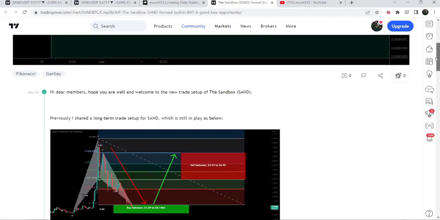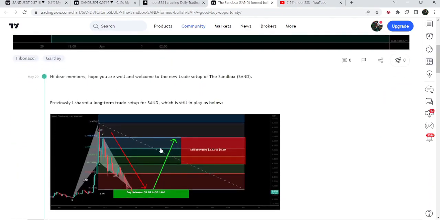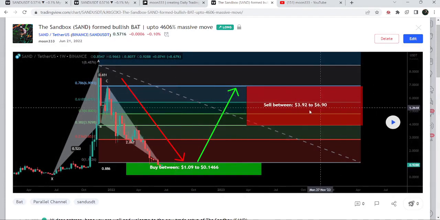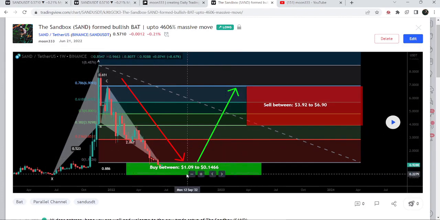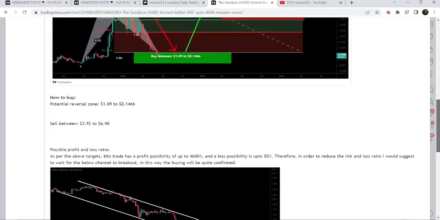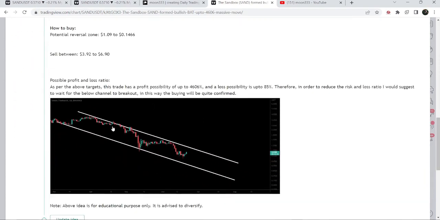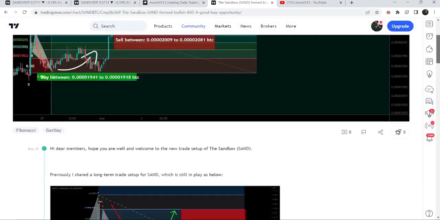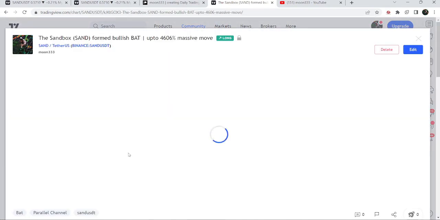And before that, I had already shared a very big harmonic bullish reversal bat move. And by the way, I shared this idea in the month of June 2022. It was a quite big bat move, and it's a quite long-term move. And I told my members that even though it is moving inside the buying zone, we should wait for the price line to break out this long-term channel. And once it is able to break out this resistance of the channel, then we can expect that this move will be started. And then the price line can move between